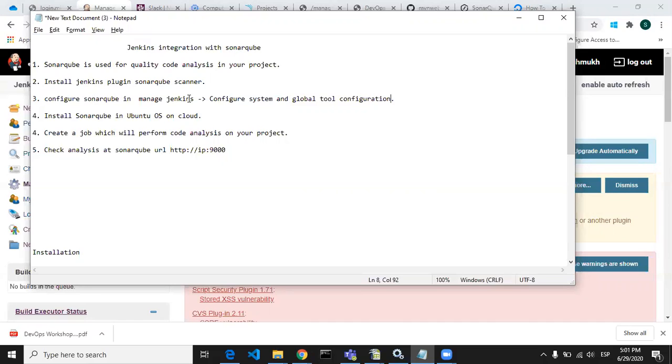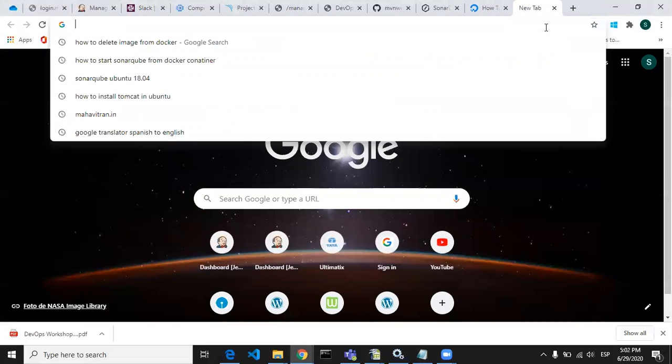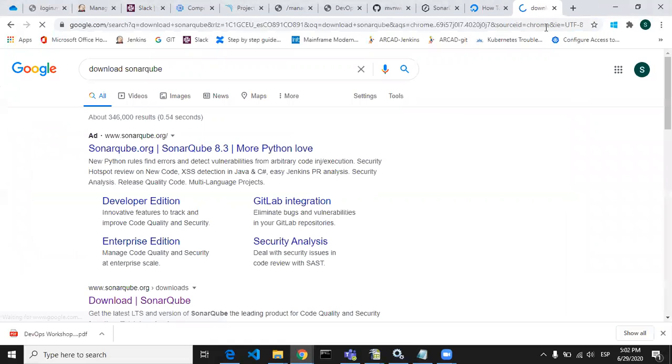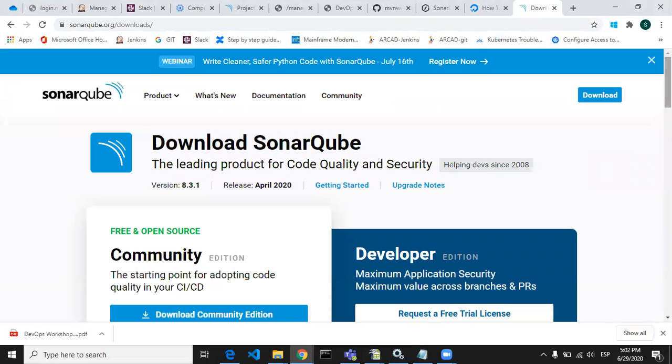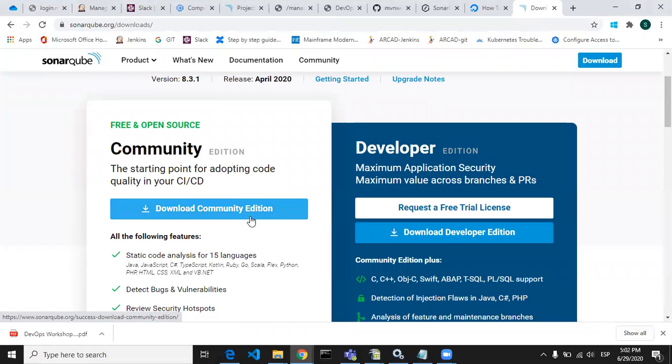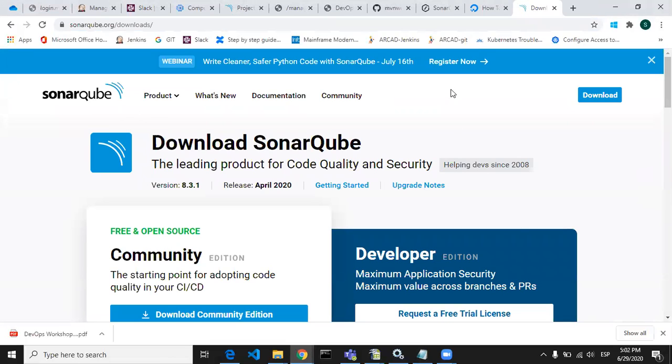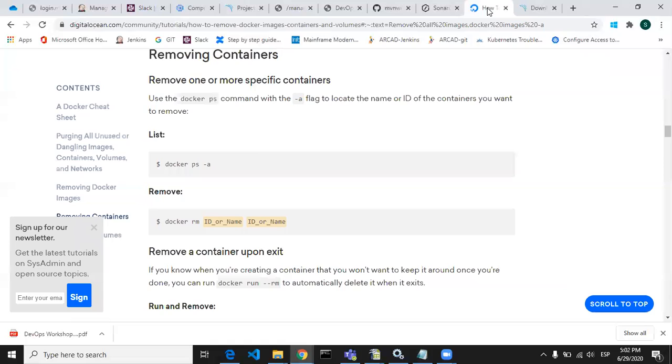If you want to practice on your local Windows machine, just go to Google and search for download SonarQube, and download the community edition for Windows. Just install it and use localhost 9000, and it will be run by your local system.